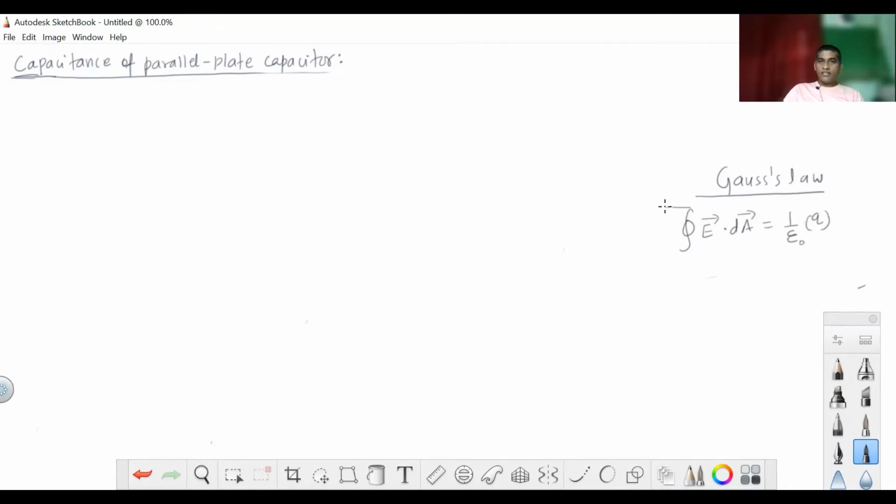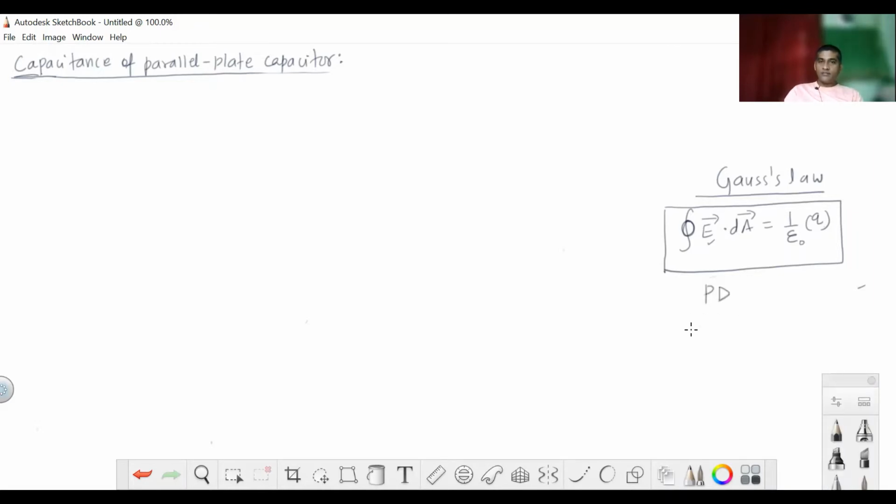This is the mathematical statement of Gauss law. It states that the surface integral of electric field dot area vector, because this is area vector, throughout the closed surface equals 1 by epsilon 0 times the charge enclosed by that closed surface. And